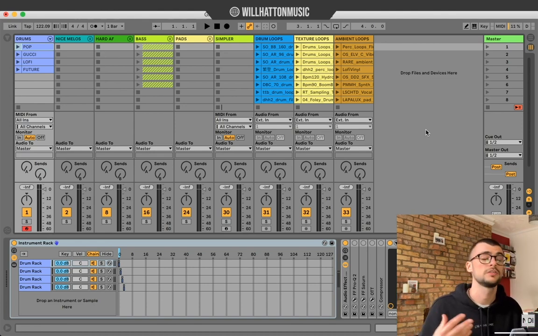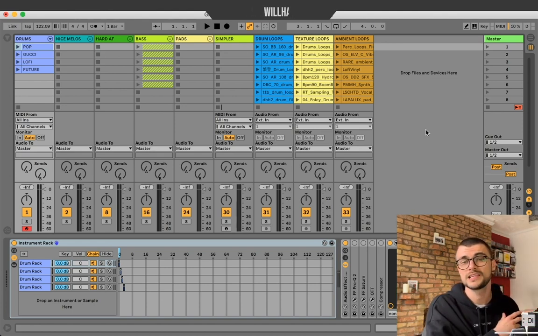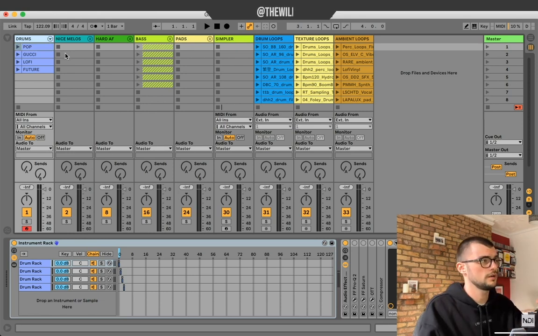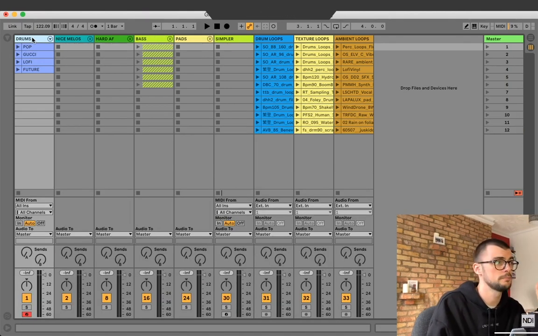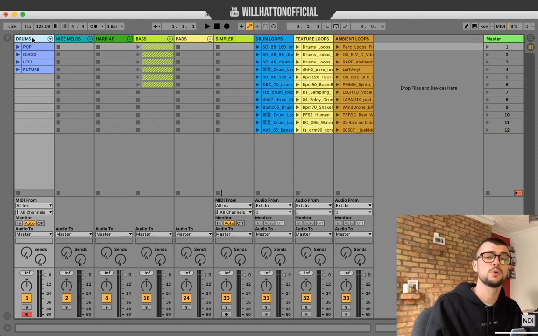So in this video what I'm going to do is show you exactly how it works, the ins and outs of the template. Basically what I've done is created a set of ready-made racks along the top there, which you can see are my go-to instruments. I've also got some hidden racks running and made a couple of little tweaks to Ableton so it works better for the user. But it's important to note that I am also using some MIDI controllers,